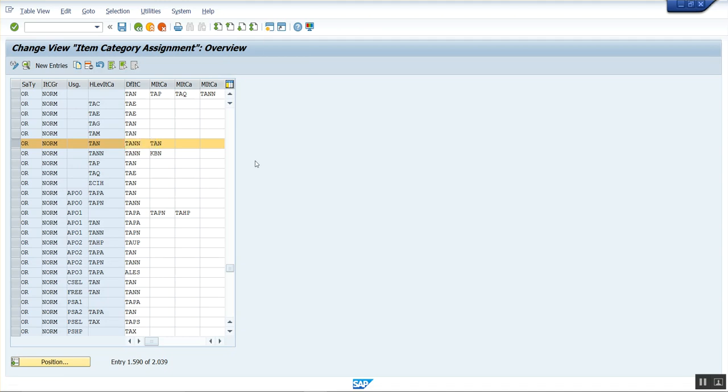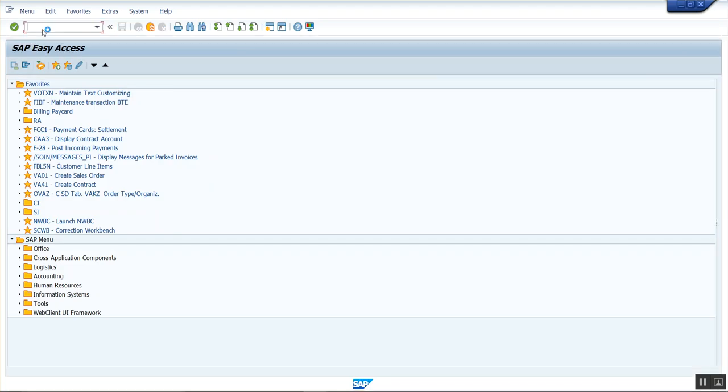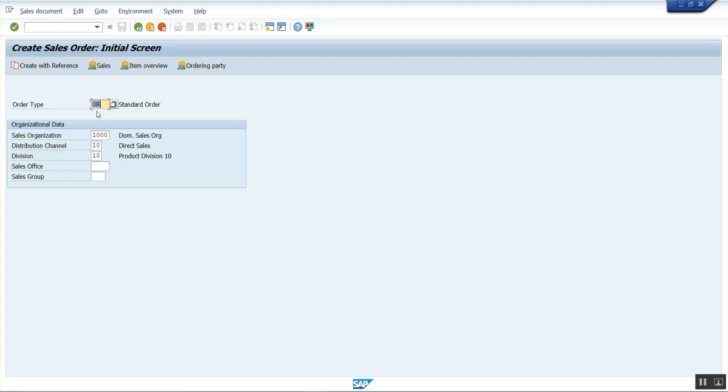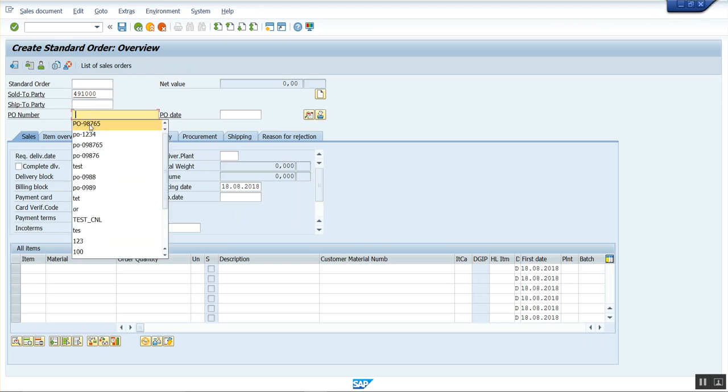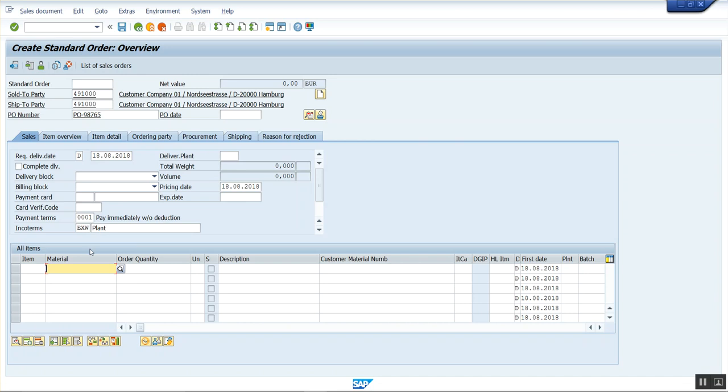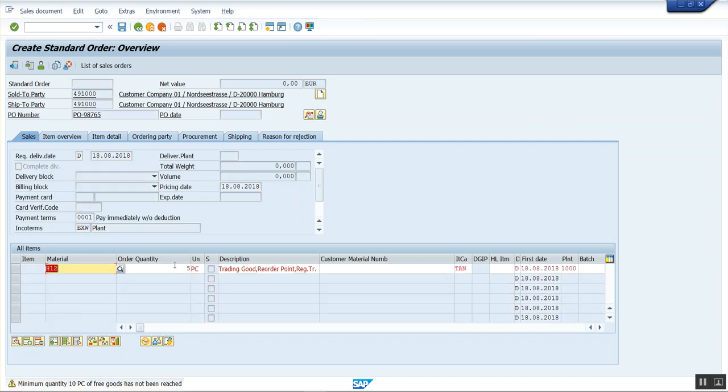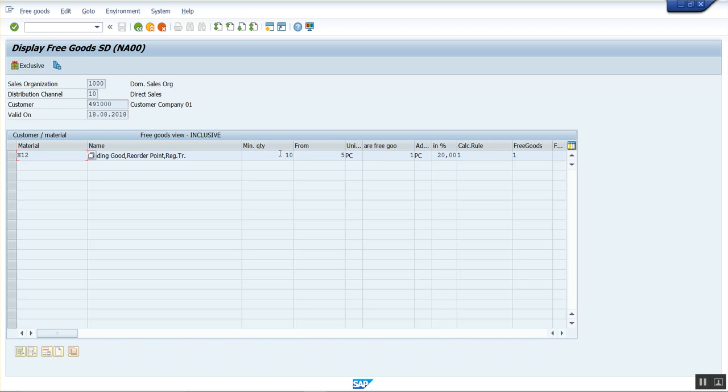So now let's create one more order. Now we have everything set up. So here 01, this is our sales area, order type OR. This is the customer. This is the order. So H12, I place an order of quantity 5. Now if you see here, we got a message saying that the minimum quantity of 10 pieces for free goods has not been reached. That means we provided an order quantity of 5 for this material for this customer. But to get free goods, the minimum quantity is 10,